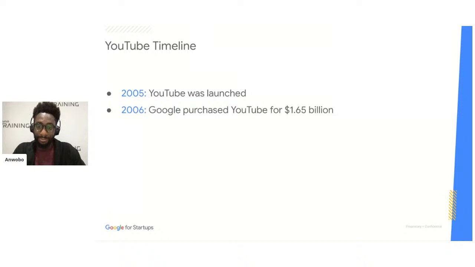At the time, it was one of Google's biggest ever purchases. They announced that they believed this was really the future of the internet and that this was the direction things were going in. That's in 2006, 14 years ago. And I think we can't really say that they were wrong.